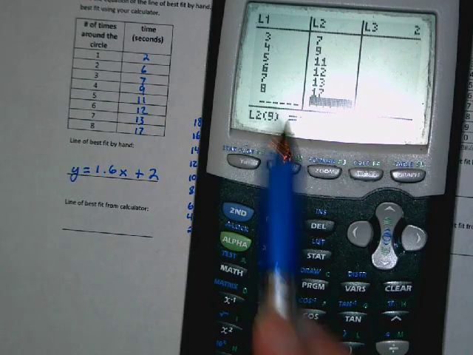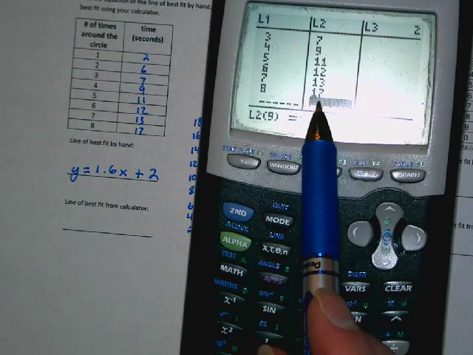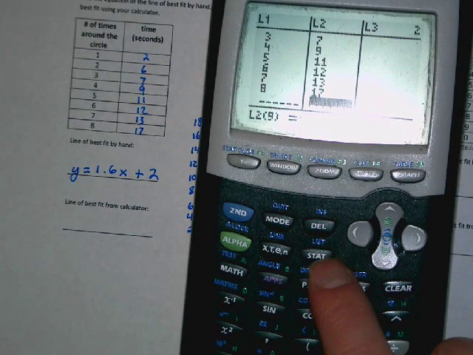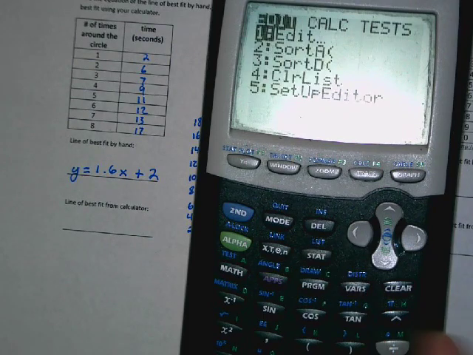It's a good idea, once you do that, just make sure you have the same number of terms in each list. It kind of tells you if you accidentally skipped a number or typed a number in twice. So if they're the same length, you probably got them all in there. And then you're going to go back and hit that same button again, hit Stat,